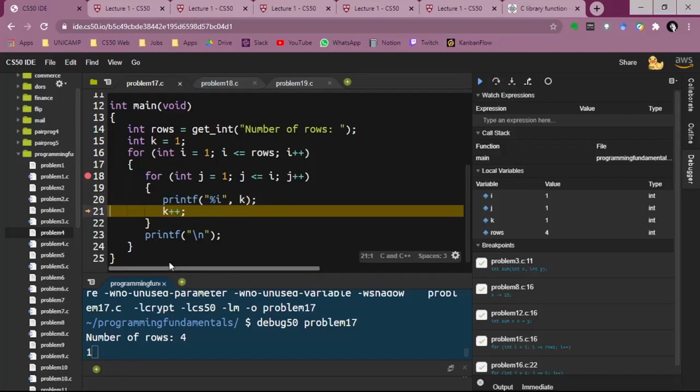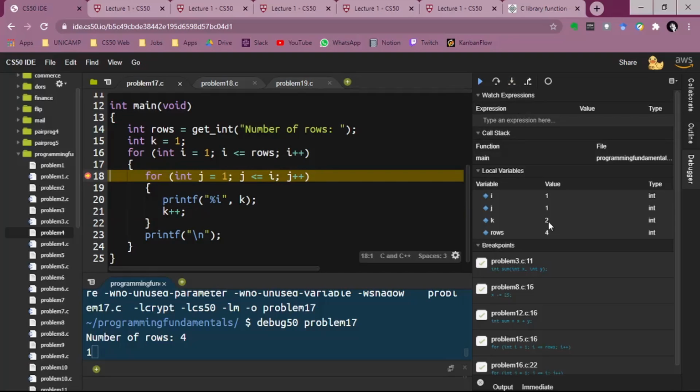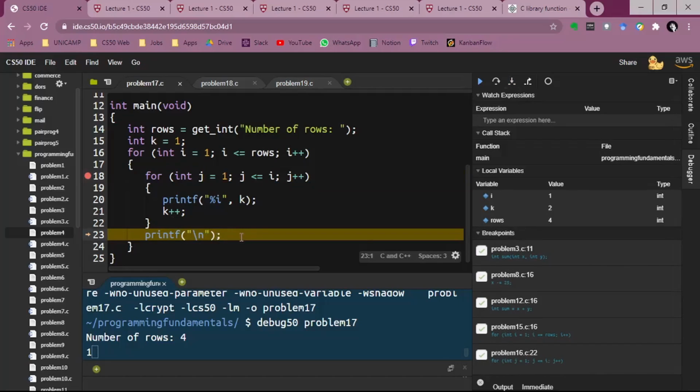So print 1, and in this case we're going to increment the value of k. So now k is going to become 2. Now we're going to check if we're going to do this for loop again, but if we increment j, it's going to become 2, and 2 is greater than 1. So we're going to stop this inner for loop